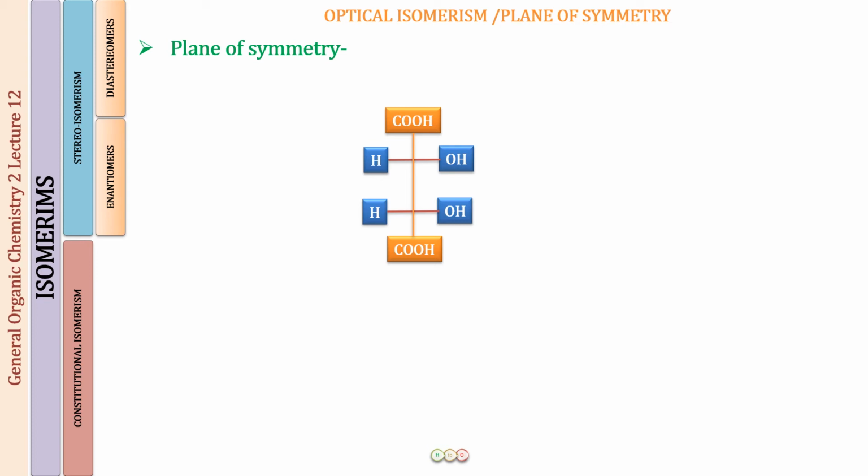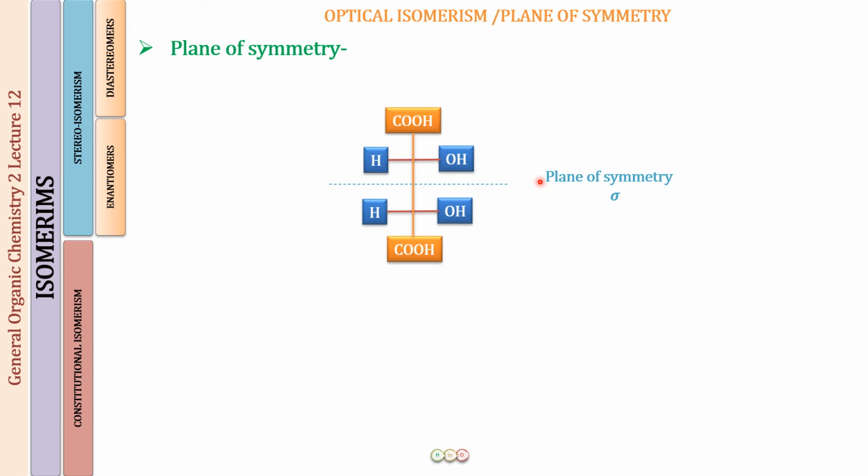If it has a plane of symmetry, obviously it is going to be achiral. It will be optically inactive. So this is a plane which can bisect this molecule into two halves in such a way that the two halves are going to be mirror images of each other. So I hope you can see, if this is a mirror, or this is my playing card with which I have just cut the two halves of the molecule. Well, you can see on the two sides, they are going to be similar structures. So this is a plane of symmetry which is bisecting this molecule into two halves, and hence this is going to be an achiral molecule. It is going to be optically inactive.